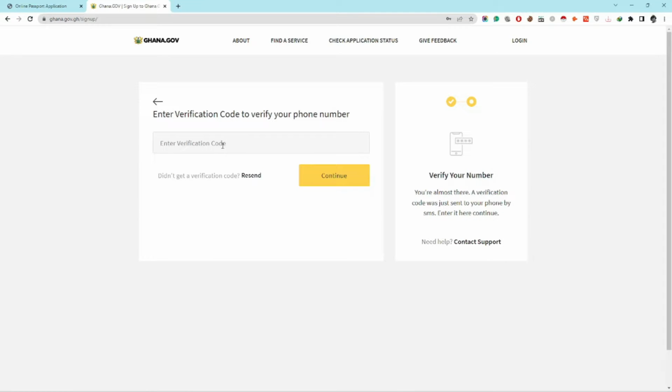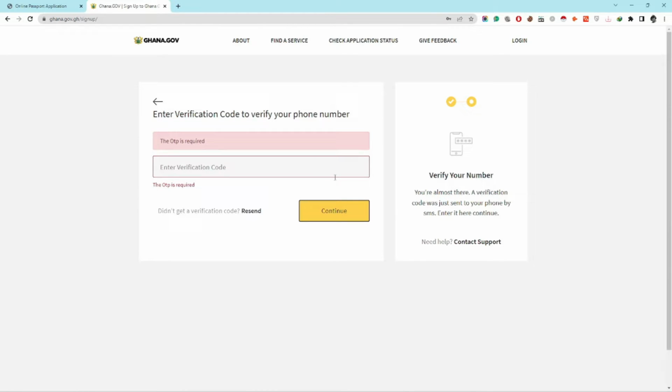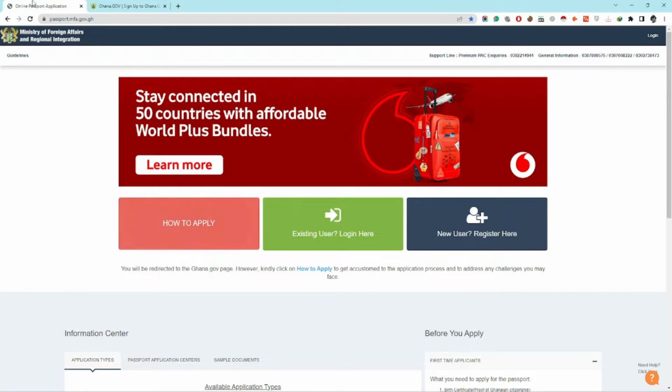So if you use the valid number, you should receive a one-time verification code on the phone via SMS. Copy that code, paste it here or type it here, and then continue. Then your account with ghana.gov would be set up. Now from here, head over to the first website we opened,